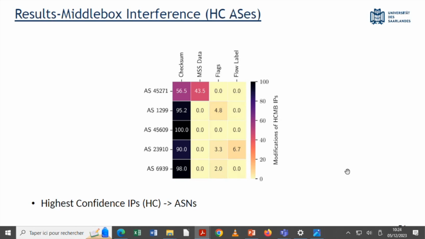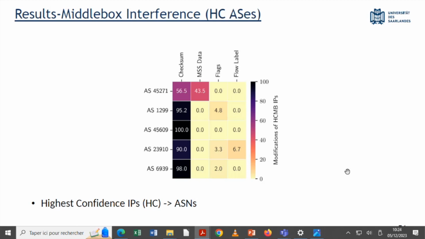TCP checksum, as you probably know, is a field from the TCP header, which is sort of like an integrity check over the header. So it's computed over several fields from the IP header and the TCP header, the pseudo header, and the payload. So firstly, the field has an end-to-end significance, so it should not be altered. But if it is altered, these alterations should come from modifications elsewhere in the header.